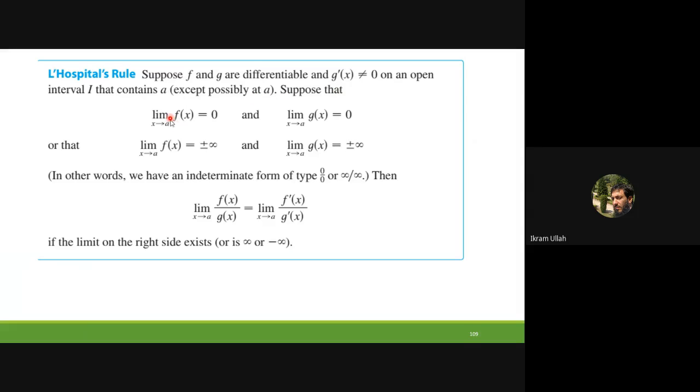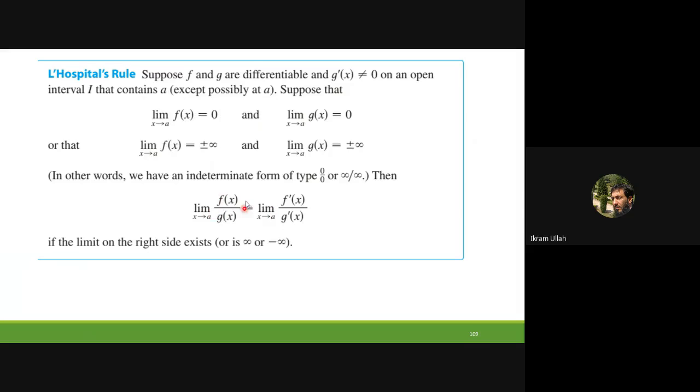Suppose that the limit as x approaches a of f of x is 0 and g of x is also 0, or the limit of these functions is plus infinity or minus infinity. In other words, we have an indeterminate form of the type 0 by 0 or infinity by infinity. Then the limit as x approaches a of f of x by g of x